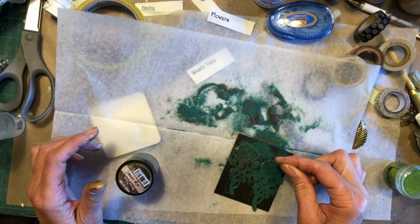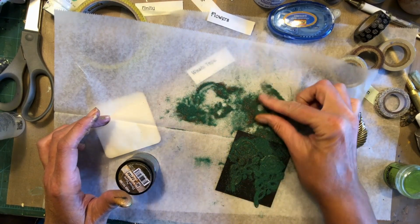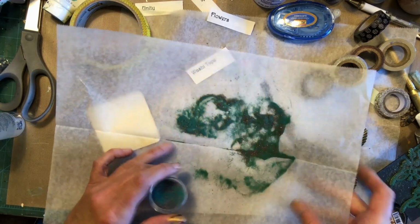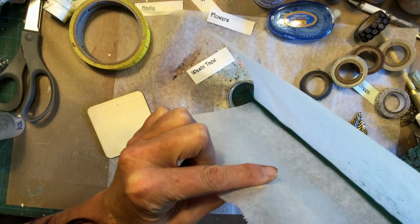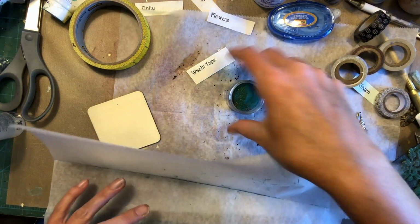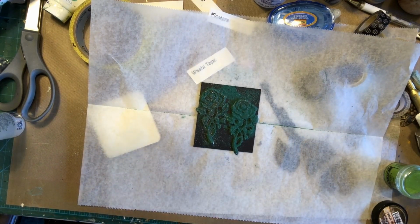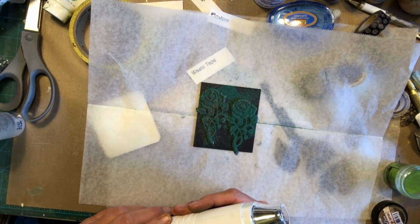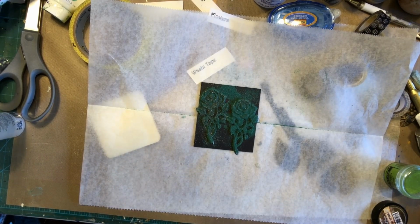I got my fingerprints over it again. Stay on there. Dang it. So I think that there. Okay. I know this is loud. No, it doesn't work. Are you kidding me? What the heck? I know that it's plugged in because